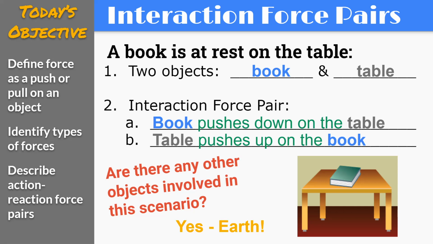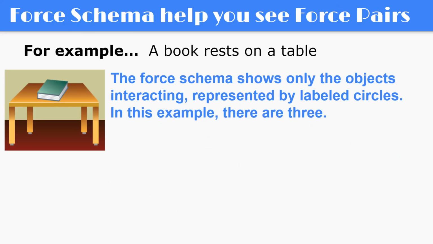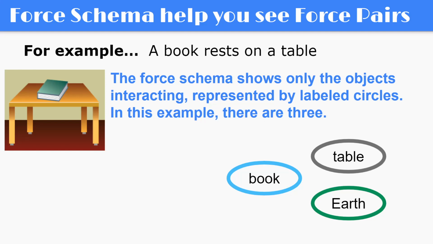Then I would have to start identifying force pairs between the earth and the book and the earth and the table. But it wouldn't be part of that force pair between the table and the book. Now, in order to help us see these force pairs more easily, we can use a tool called a force schema. A force schema will help you to see force pairs. It shows only the objects interacting, represented by labeled circles. In this example, there are three. I have the book, the table, and the